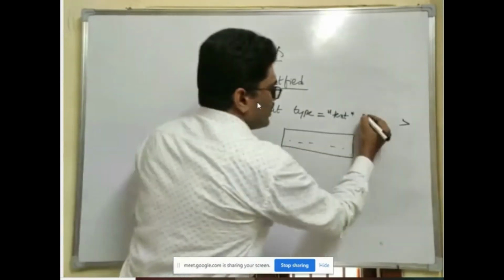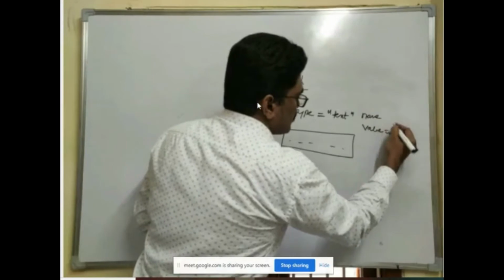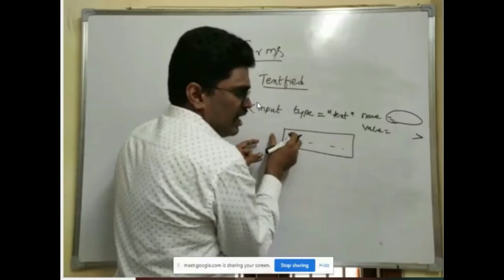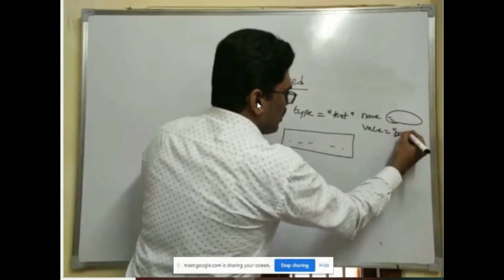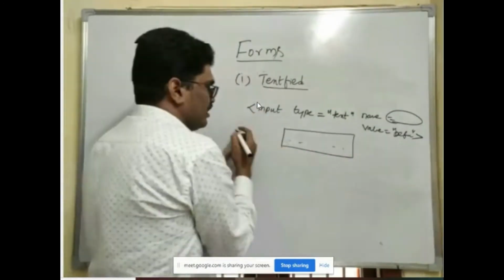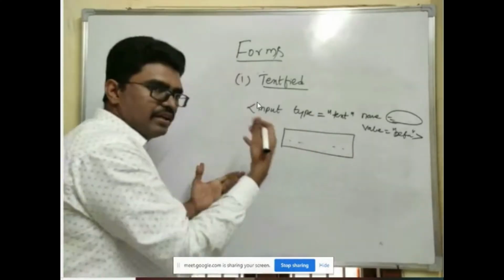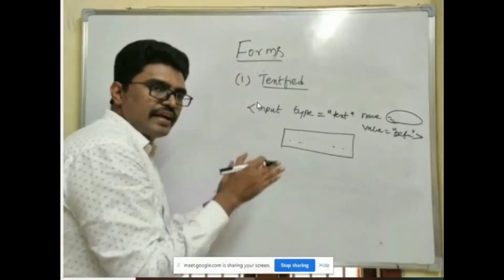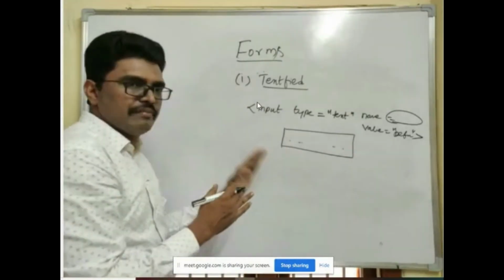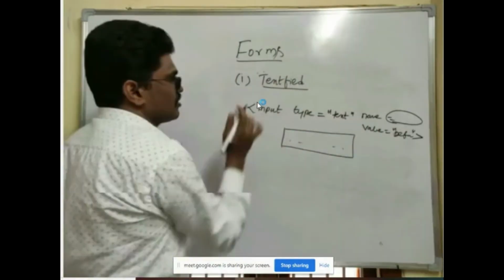Okay. Here also it is going to have two attributes, name and value. Name is nothing but a name for this field. Value is nothing but the default value that you want to display. For example, if you are putting a name, it could say enter your name. But in HTML5 we have different concepts which we'll be discussing later. I'm talking about basic HTML. So input type equal to text means I'll get a text box or text field.